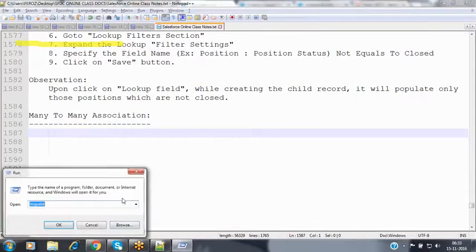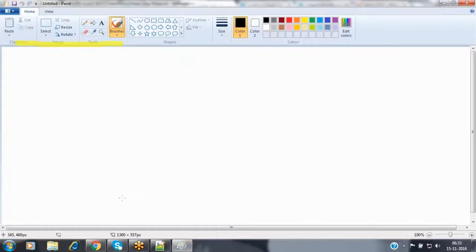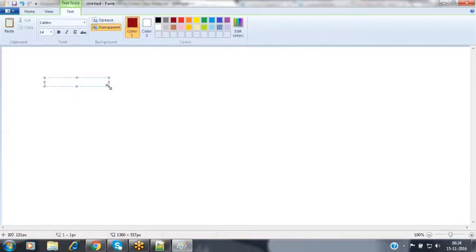For example, let's say I have two objects. The first object is a book object, where I have a set of fields.